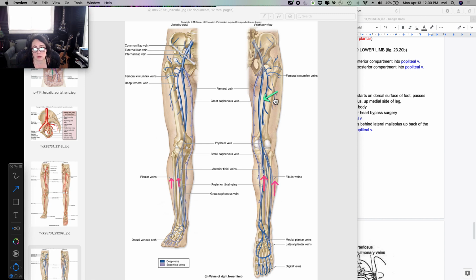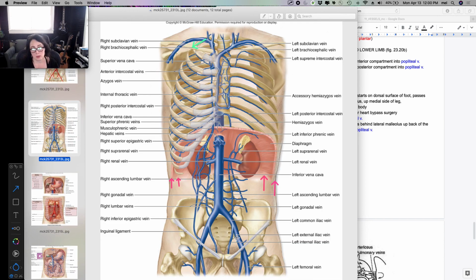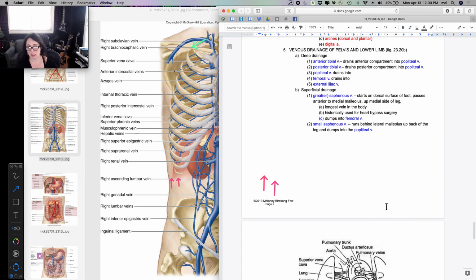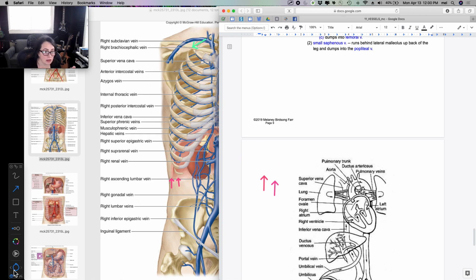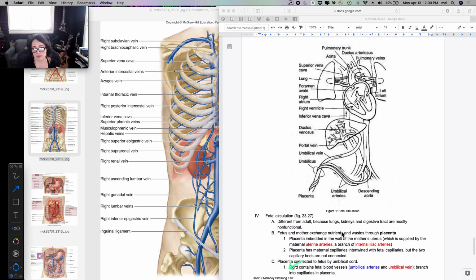Popliteal becomes the femoral. Femoral will become the external iliac, then gather together with the internal iliac to become the common iliac. And the two common iliacs right there, when those join, will become the inferior vena cava. Okay, so the two common iliacs will become the inferior vena cava. Okay, so that is all of arterial and venous circulation, with the exception of the fact that I want to